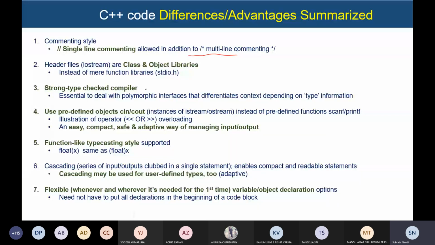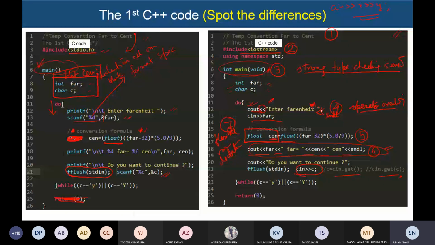Then it is a strong type check compiler, so we should not take it in a casual way while mentioning function prototypes or while specifying the type of any parameter, because it uses polymorphic interfaces, which differentiates mainly based on the